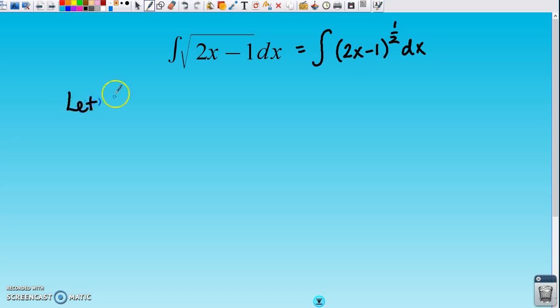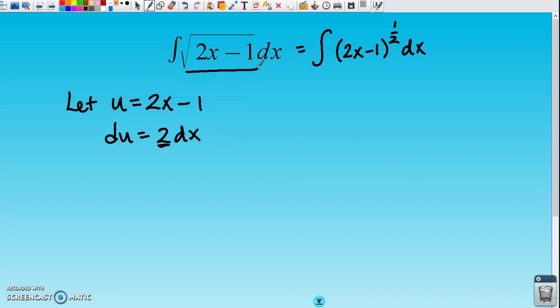All right, let's say u is equal to 2x minus 1, which means du is equal to 2 dx. Great. I have an extra 2 hanging around that I don't have up here anywhere. So instead, I'm going to multiply both sides of du by 1/2 to cancel out the 2 here, and then I simply just have dx, which takes care of the dx right here. So now I'll go to the rewrite